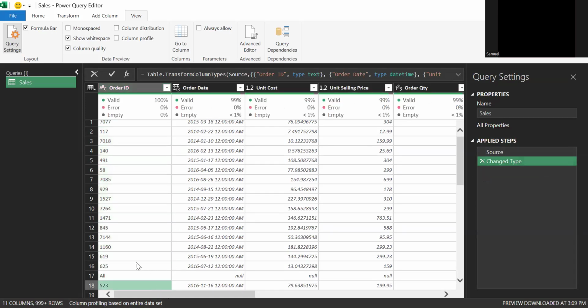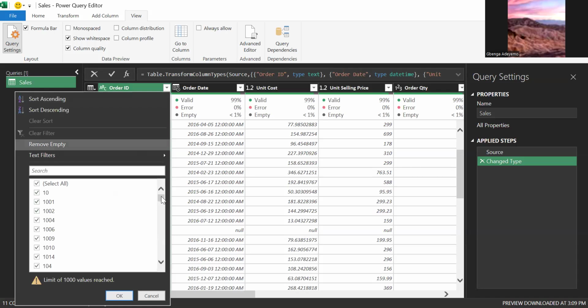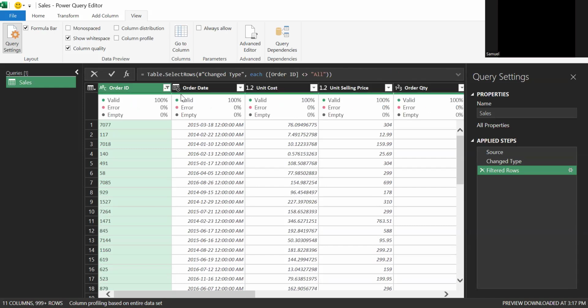And I'm seeing that "all" again, here inside the data, inside that column. So I'll go back again now, uncheck the "all" and press OK. So you will see that your column quality is now telling you that all the